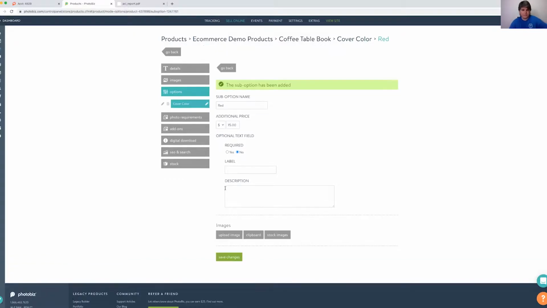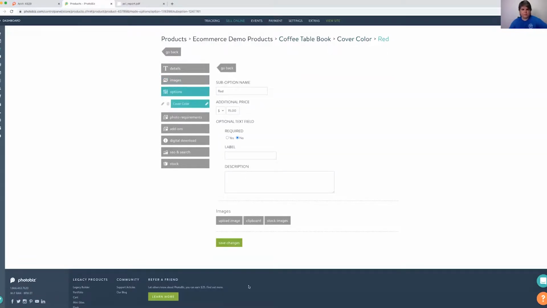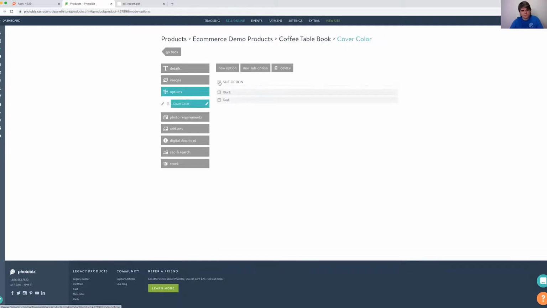We hit add options. And so now you'll have a product with two different options in there. You can also attach an image for these different options as well. So if you want to have a representation of those different options, you can. Another thing you can do with these options that's pretty cool